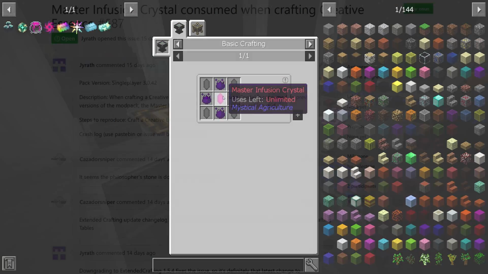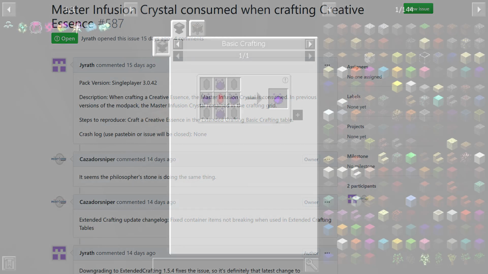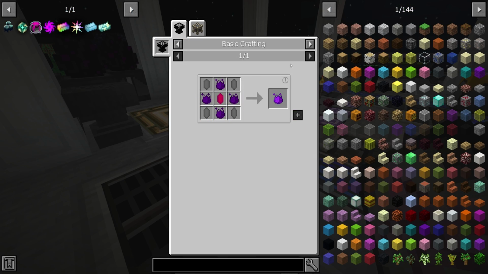Let me Google this. Pack version, when crafting the creative essence, the Master Infusion Crystal is consumed. In previous versions of the mod pack, the Master Infusion Crystal remained in the crafting grid. Steps to reproduce, okay. And then Kaz, the creator of the pack, replies saying, it seems the Philosopher's Stone is doing the same thing. Extended crafting, update, changelog, fix. It is a bug. Okay. Well,